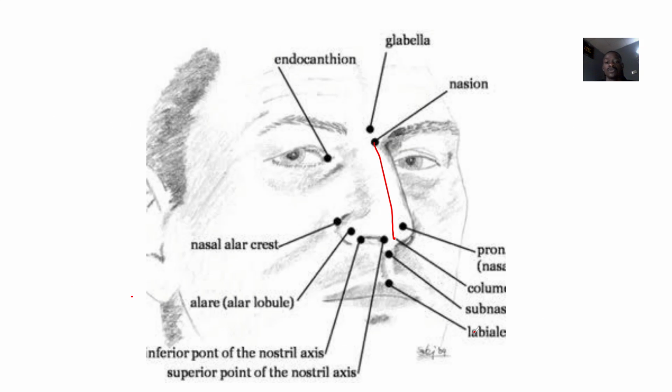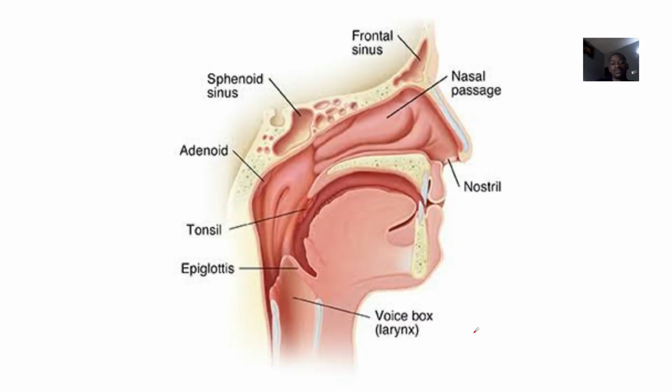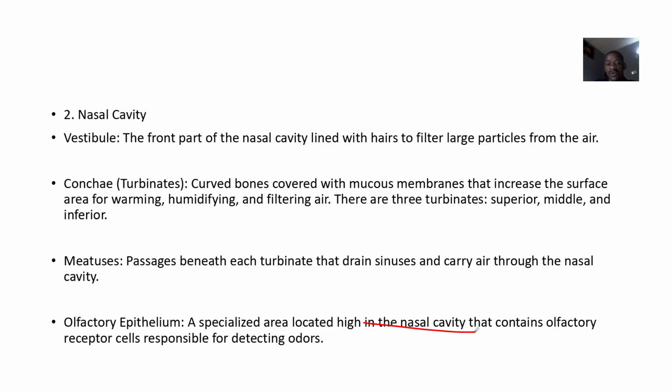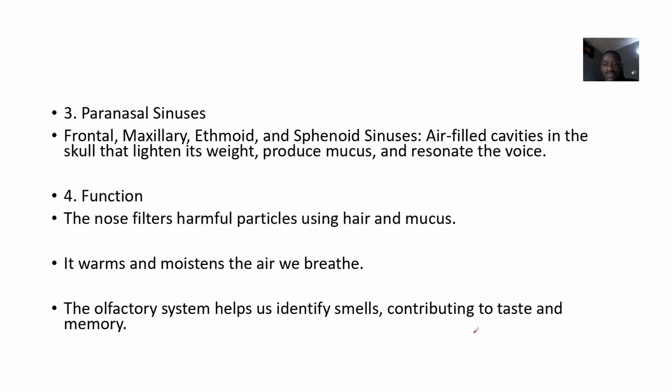Alright, so paranasal sinuses, see all of them: sphenoid sinus, frontal sinus. Right, beautiful anatomy. You get to talk about all of them. So these ones are air-filled cavities in the skull that lighten its weight. Okay, it resonates the voice like the way my voice is resonating now. Those are the paranasal sinuses. So function: the nose helps filter out harmful particles